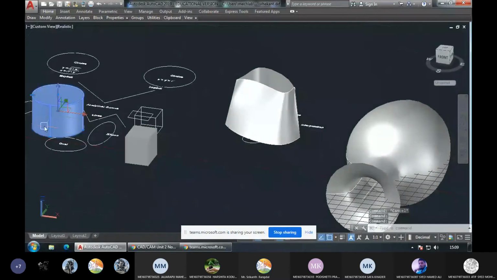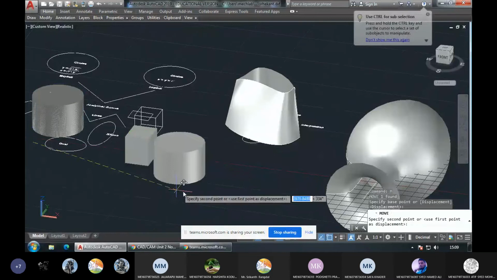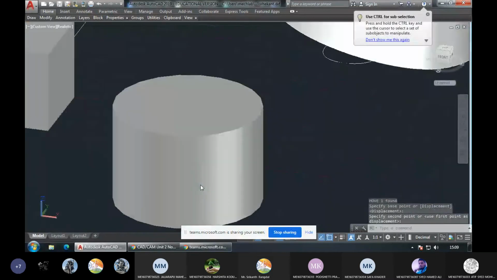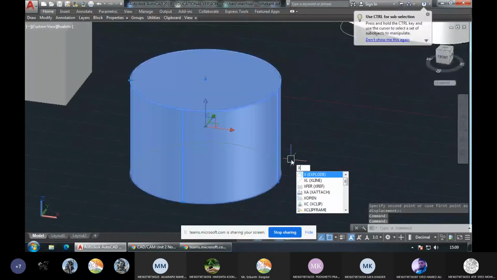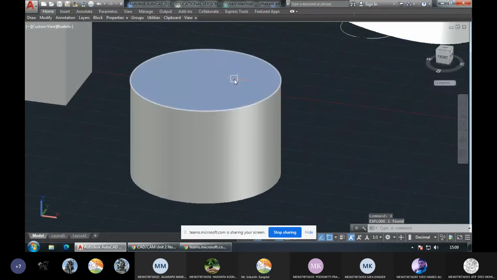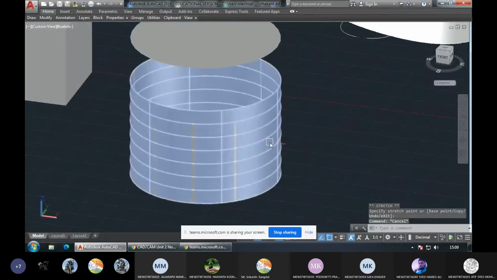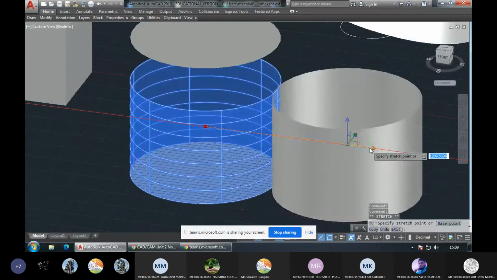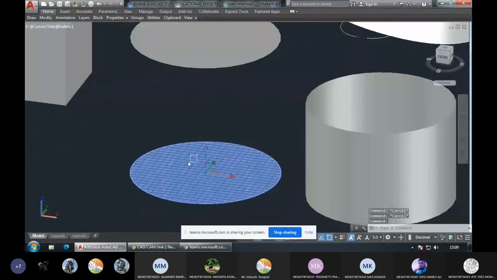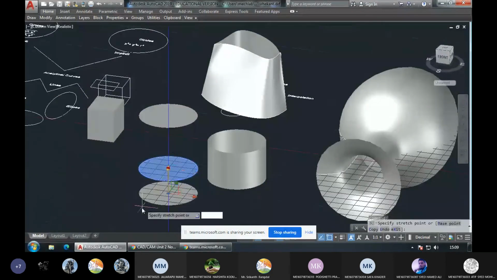Let me take this object here. This is a solid right now. If I explode this solid, I will get a number of surfaces. This is the top face, this is the lateral surface, and we have the bottom surface.